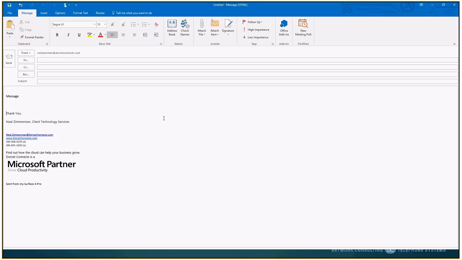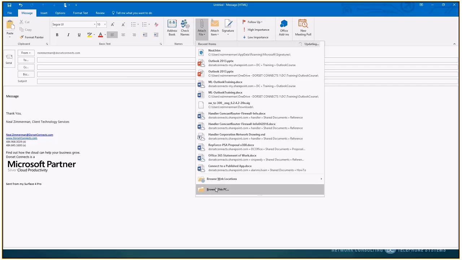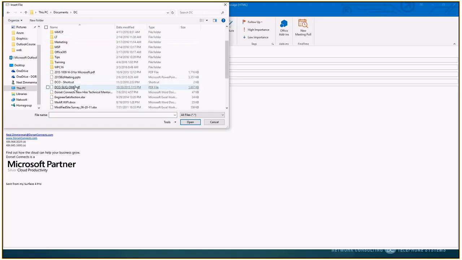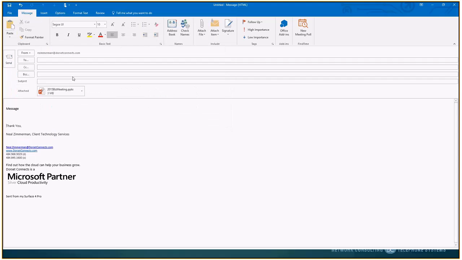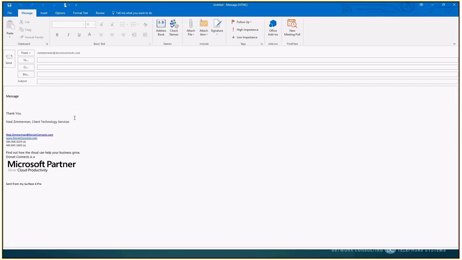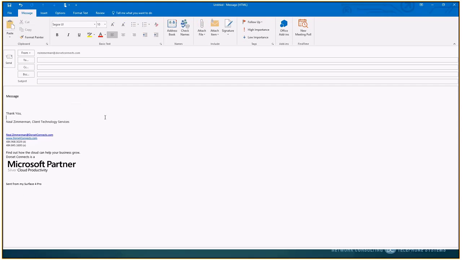We know how to add an attachment. We create a message, we have a document, and we want to add it to an email. We all know that we can hit attach, and we can browse and find the file that we're looking for. Okay, there's my attachment. Wonderful. That's the old way of doing things. The new way of doing things in 2016